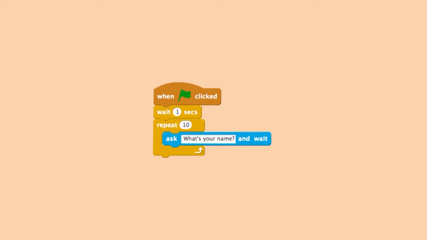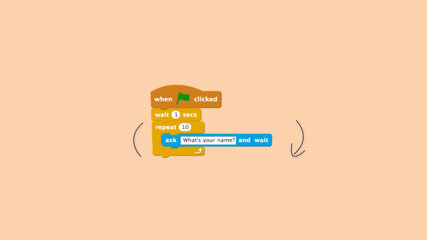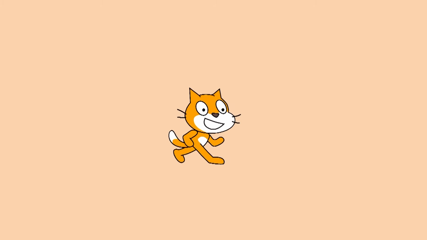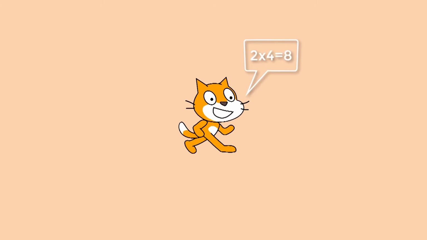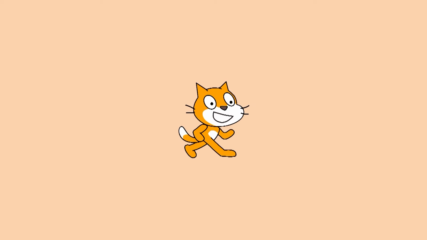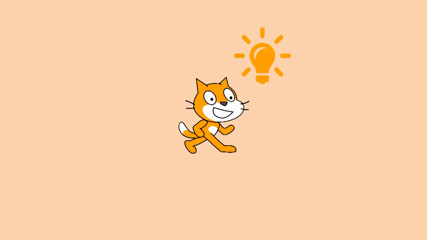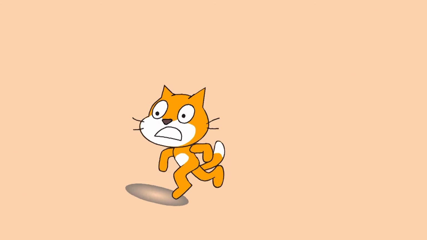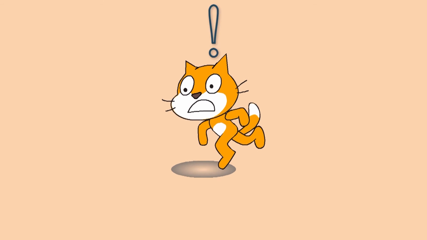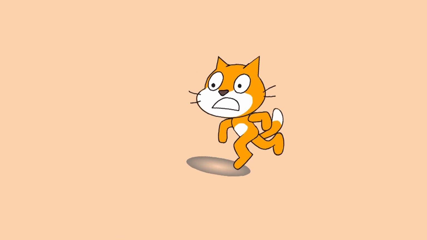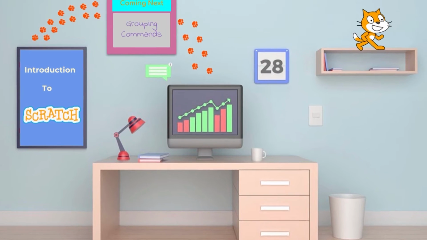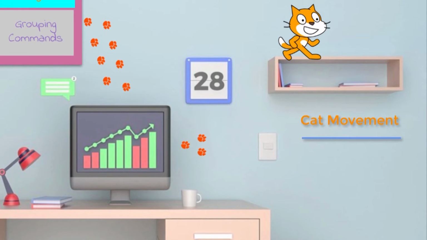We have now performed one of the major tasks in programming called looping. We told you how we can make our cat recite the multiplication tables. Well, we made our cat do some mental exercise, you see. It is time for us to make her do some physical exercise. We will make her move back and forth by using our programming skills.